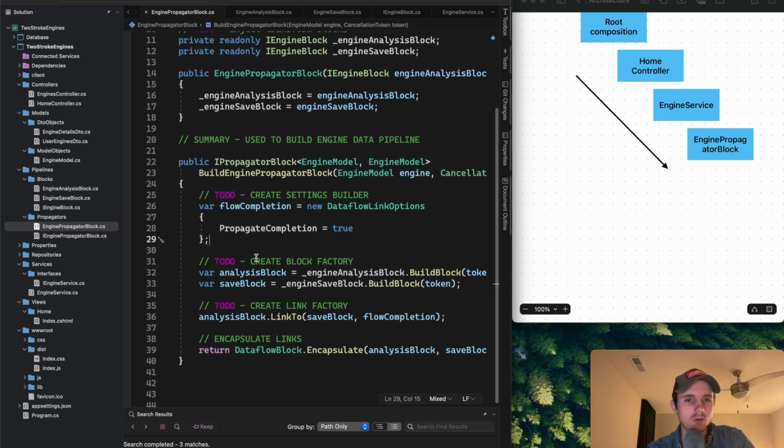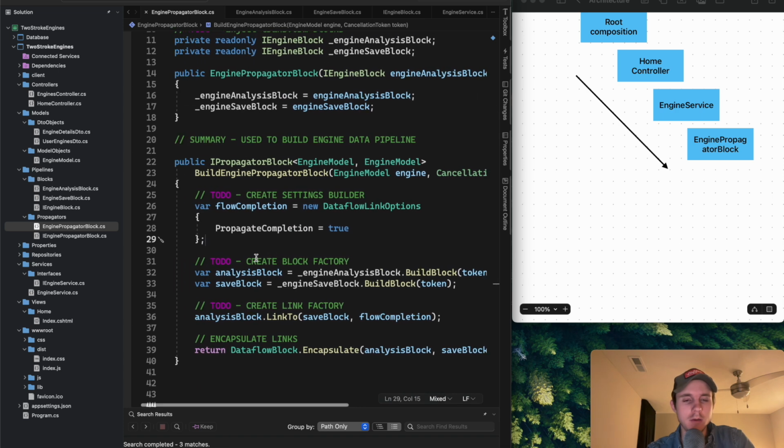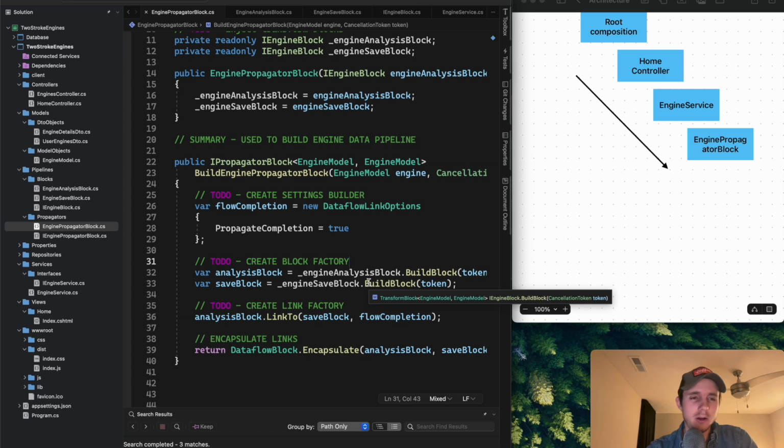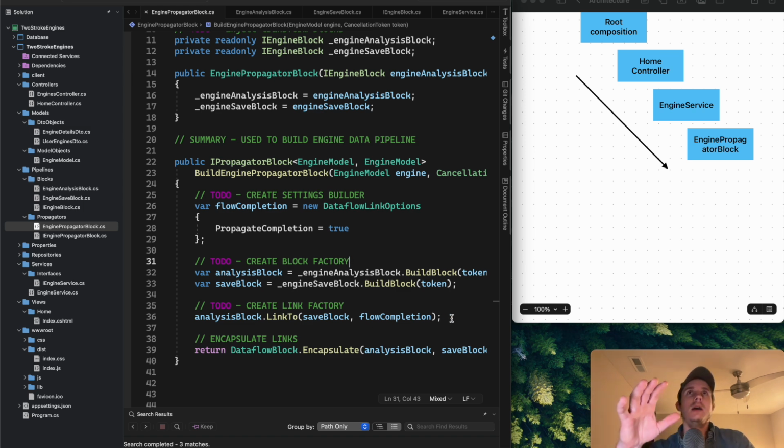You can see here that I create the settings, I create the actual blocks, and for this I think I'm going to make a factory to build these blocks. I don't know yet how in depth I want to go with that. Then I have to create the links. I don't know if I want to make another way to create the links or just keep it manual. I'm not sure, because what I'm thinking for these blocks is that I'm going to have,